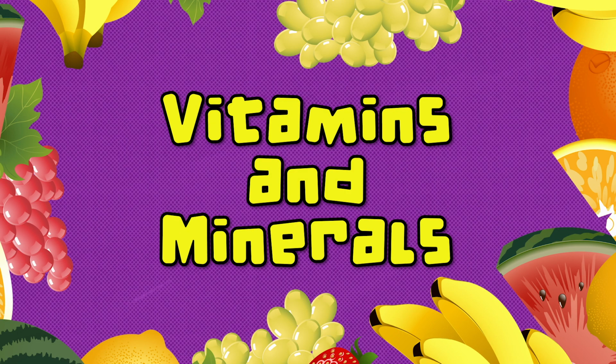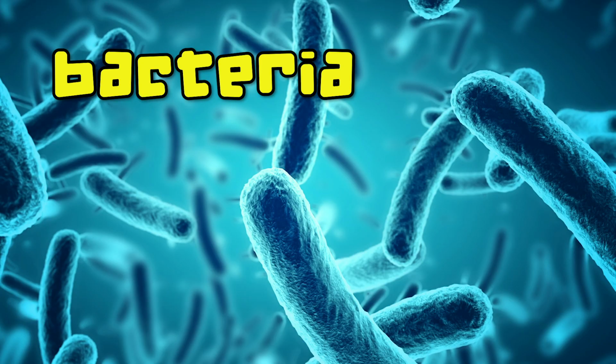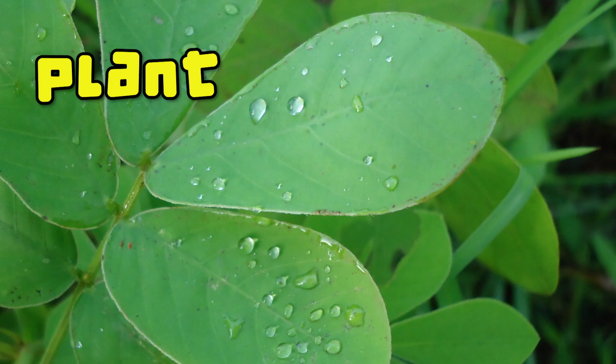Vitamins and minerals are substances that are found in foods we eat. Your body needs them to work properly so you grow and develop just like you should. Bacteria, fungi, and plants produce their own vitamins. Our bodies can't, so we need to get them from other sources. Each vitamin or mineral has a special role to play.